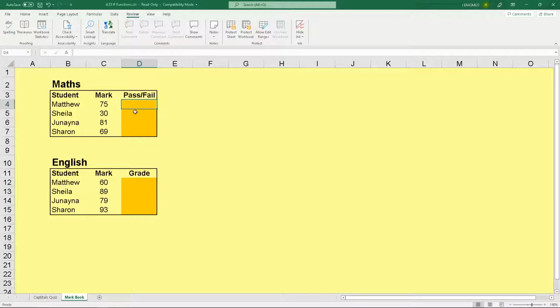So we just say IF, our condition: if this is less than 75, then it's a fail. If it's greater than, so if it's the opposite of that, then they pass. And this person got 75, so